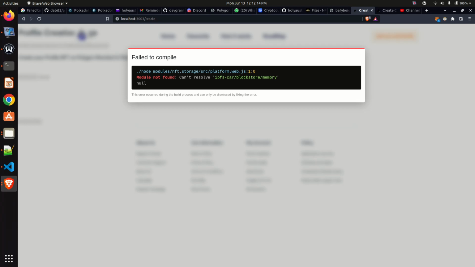In today's particular video, we are going to be handling a particular error. This error is unique to nft.storage or web3.storage, if you are familiar with the IPFS decentralized storage protocol. If you eventually find yourself in such an issue where you get this error, failed to compile, cannot read node_module nft.storage platform.web.js,